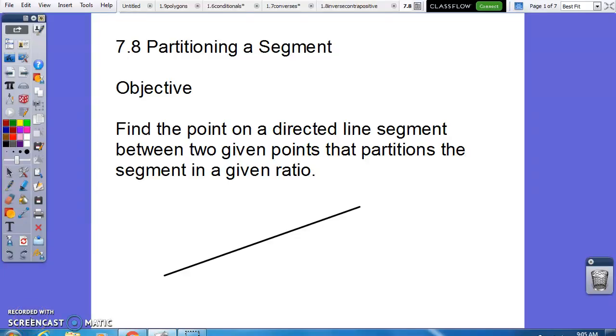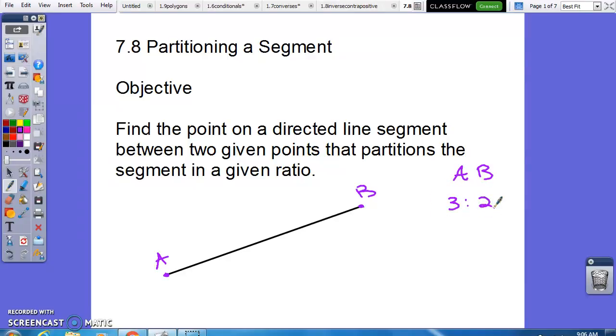Section 7.8, partitioning a segment. So we're going to find the point on a directed line segment between two given points that partitions a segment into a given ratio. So really quickly, let's say we have a segment AB. It's a directed line segment A to B, and we want to put it in the ratio of 3